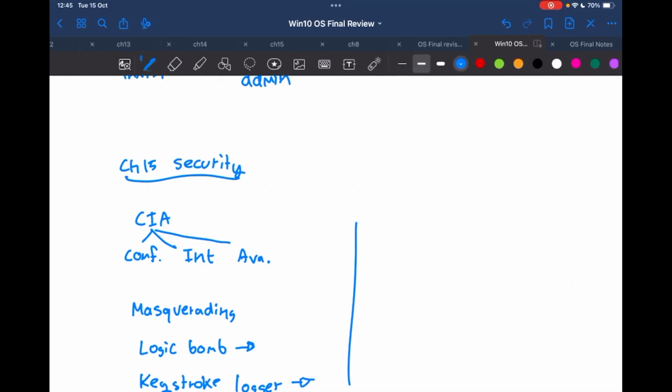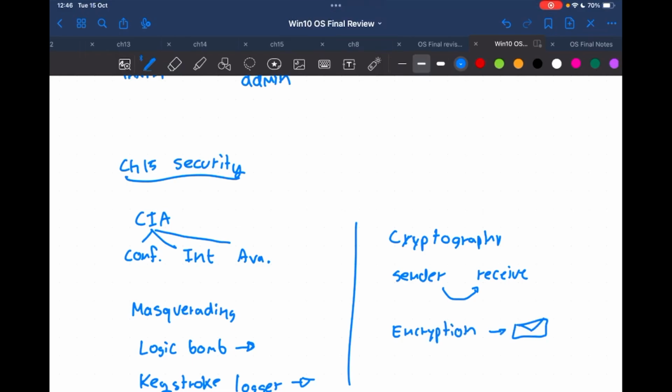Cryptography. What's the difference between cryptography and encryption? I'm going to explain. Cryptography is how the sender and receiver talk. What channel do they use? What kind of secure channel do they use? Encryption is the message itself. That's it. That's all of the OS that I predict. I might miss some, but